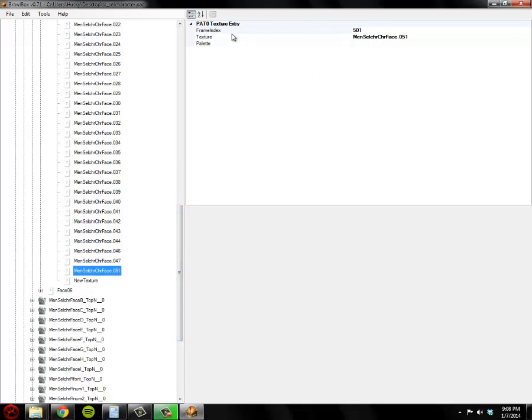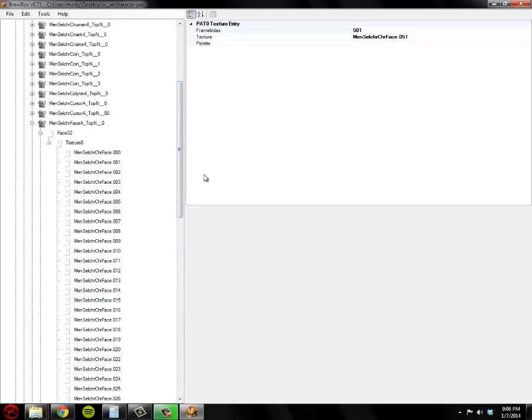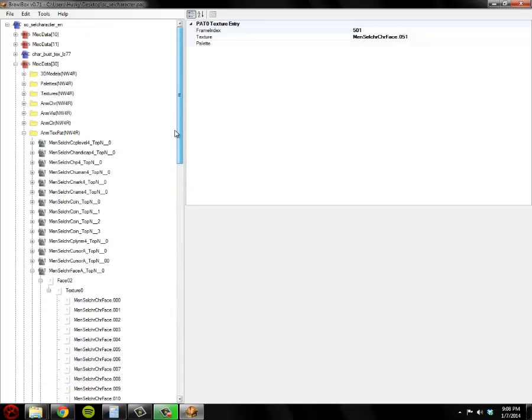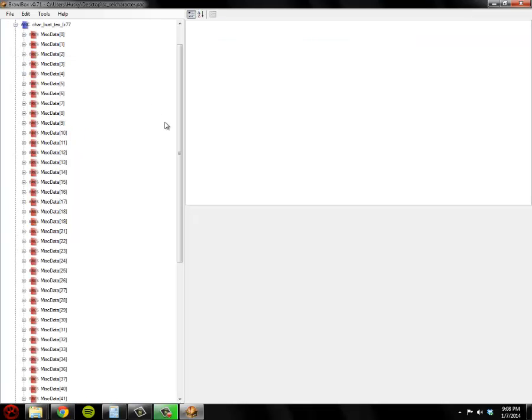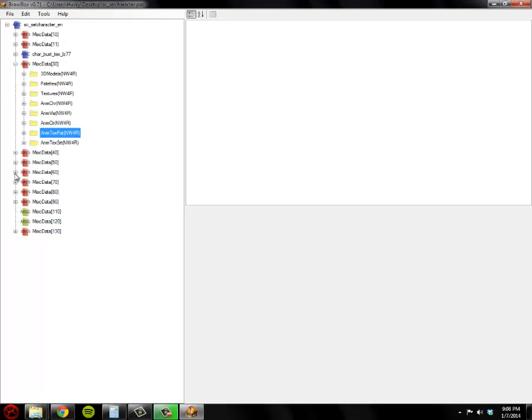See this up here, frame index 501? That's because that is where this texture is located. No, not slot 50. In MISC data 70, its texture is 50.